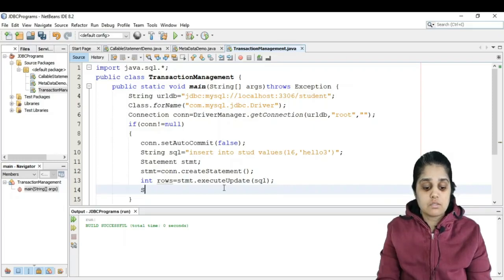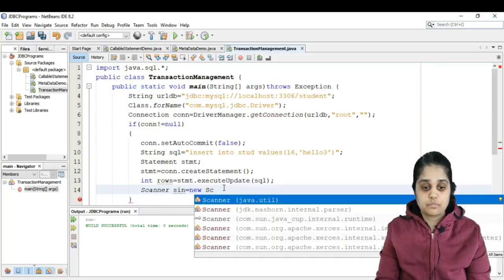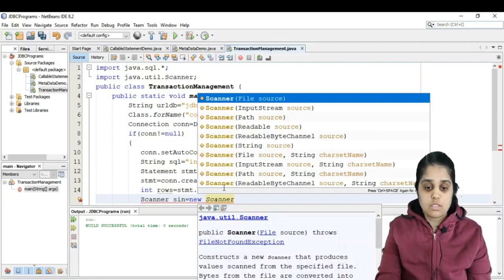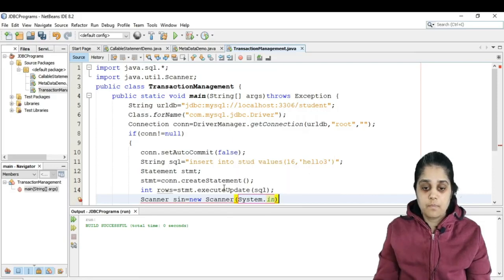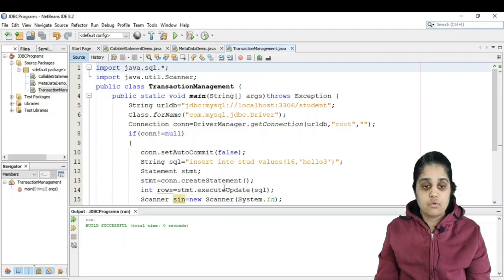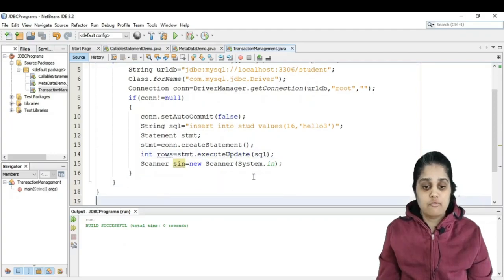Let me just write a Scanner, new Scanner(System.in), and I need to import util for that. Okay, we already have util, it is imported by default.